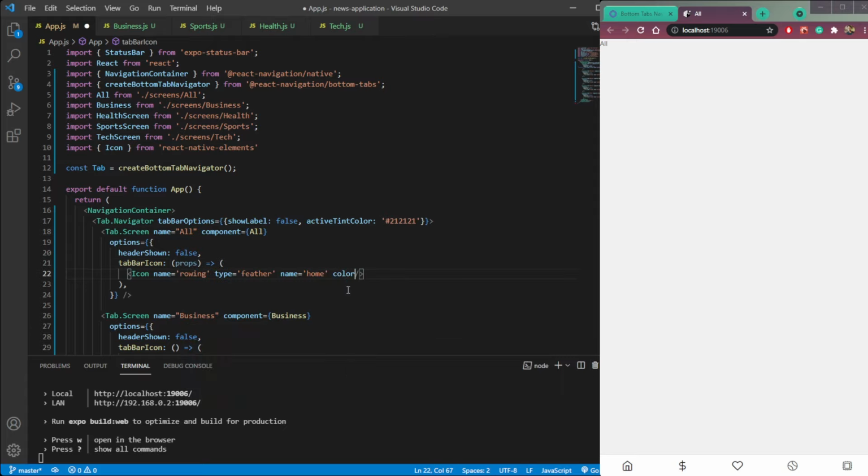Then we will set the color, which will be equal to props dot color. But you will see all these icon colors are the same as black. So let's change it to something else. So make it red, and now you can see we are getting red because we are on the home screen.